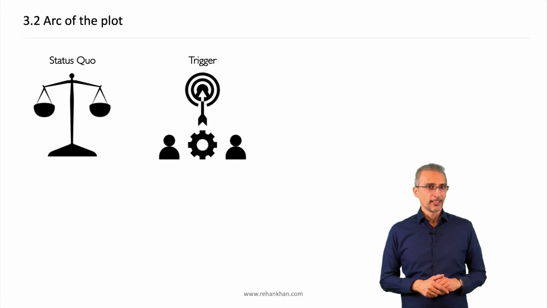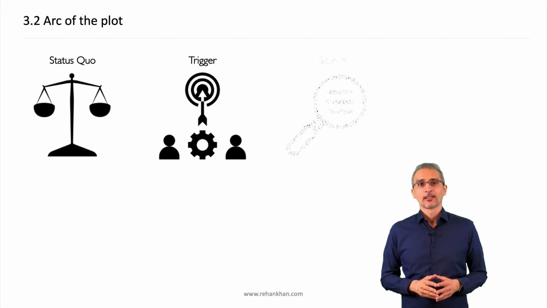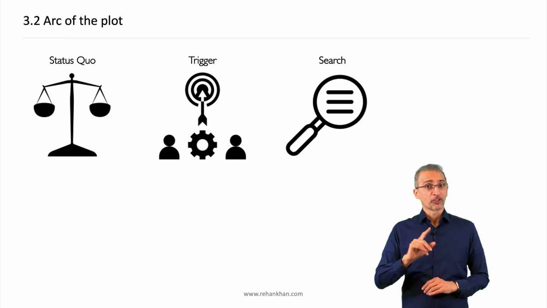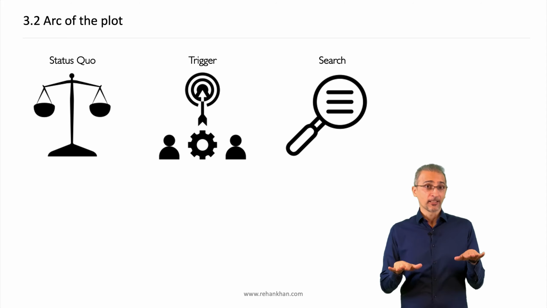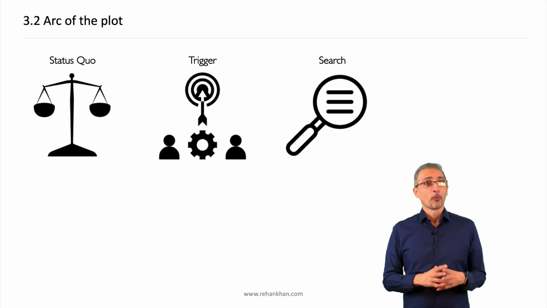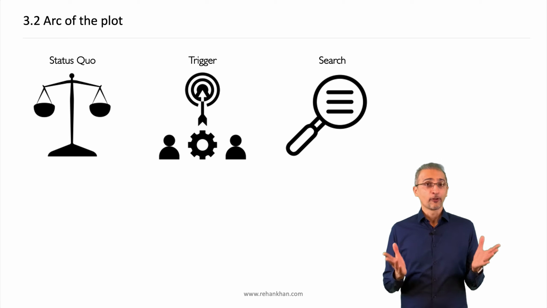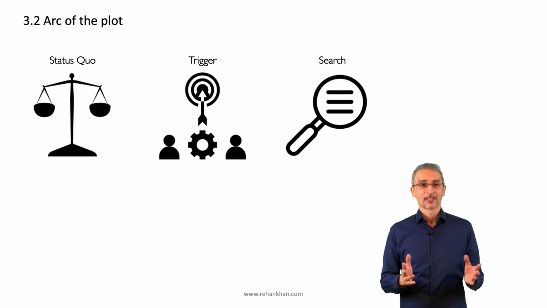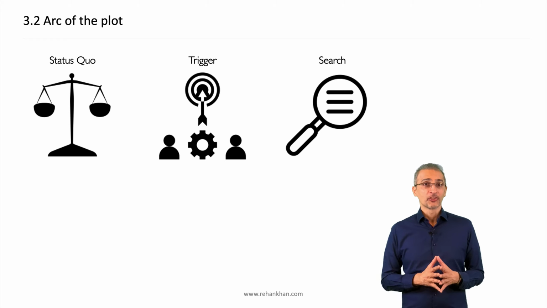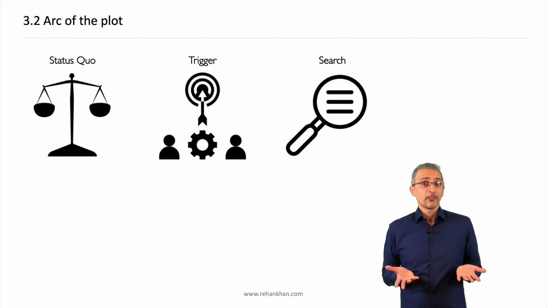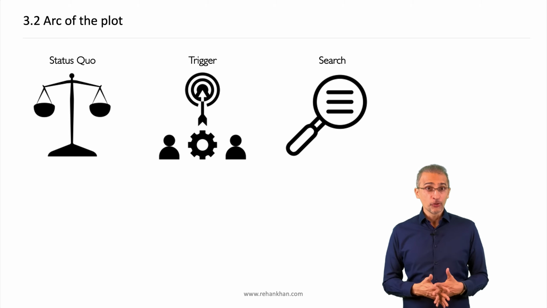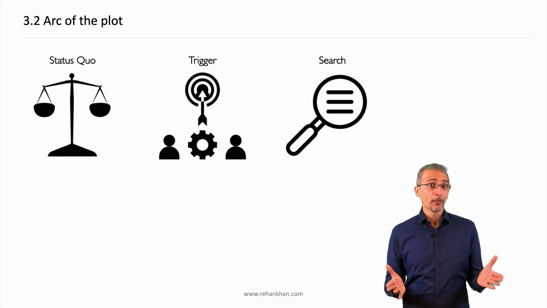The next stage then is search. The impact of the trigger is to propel the protagonist on a search to restore balance in their life. For example, the college professor wants to go back to a quiet, erudite life of a scholar. Or our Delhi slum dweller wants to be able to use some of the gold he's found to lift himself and his family out of poverty, but isn't able to do so without upsetting the local crime boss.